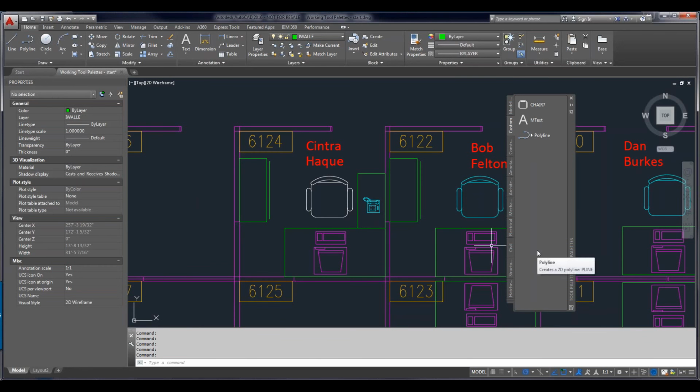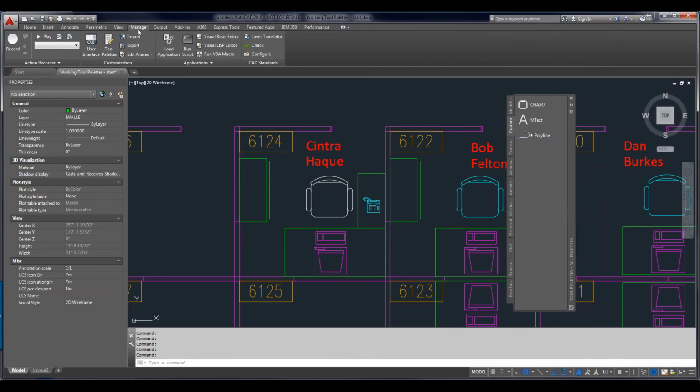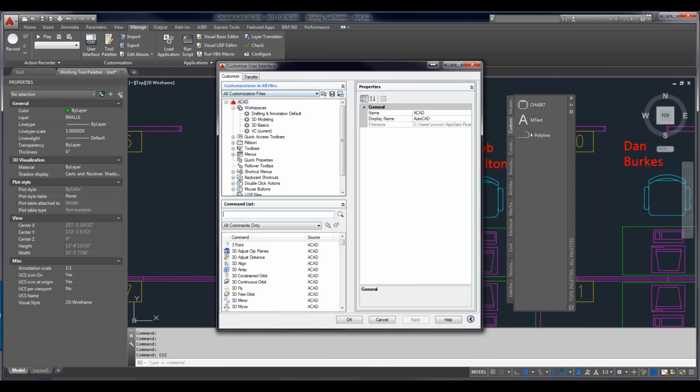I can also add commands to my palette. And the easiest way to do this, if you don't already have a command, like I have polyline here right now, that's a command, I could just select this, select copy, and then paste it and modify it on the palette. But what I'm going to do is go to the CUI, and typically we would find that under Manage User Interface. I usually type in CUI, and that brings up the CUI